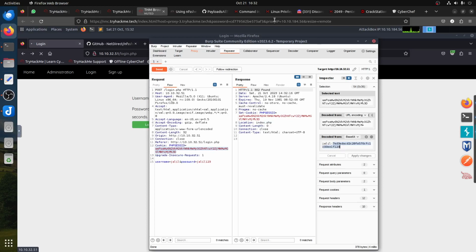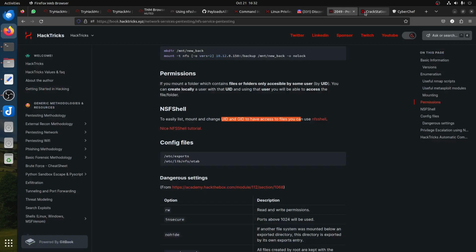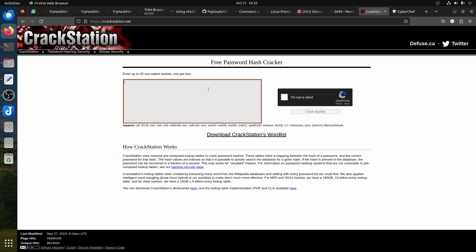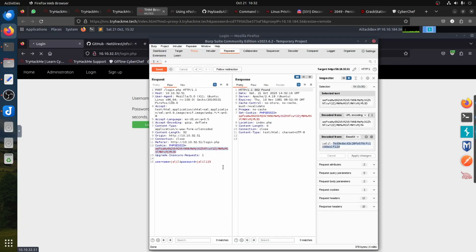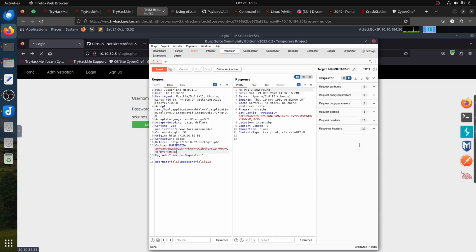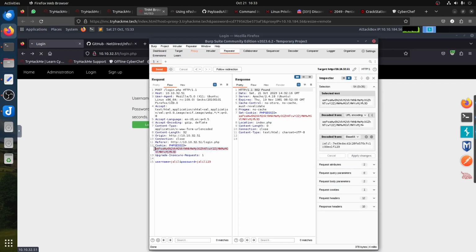The first thing you can think of is to go to CrackStation. Where is CrackStation? Let's do that. It's an MD5 of my password. So basically he sent the session, and this is how the session was built. You take it, and then encode it in base64. So you take it here. For example, if I want to do admin,